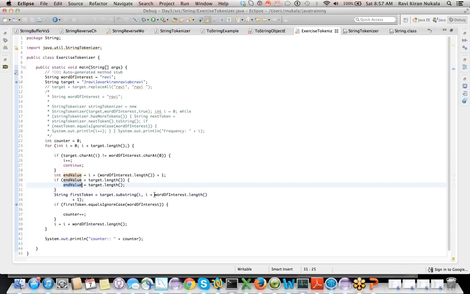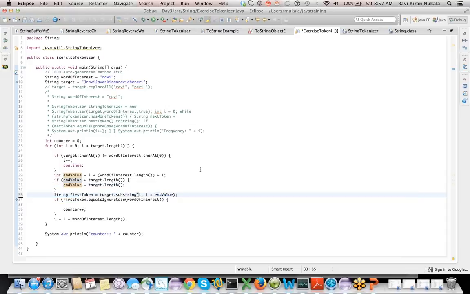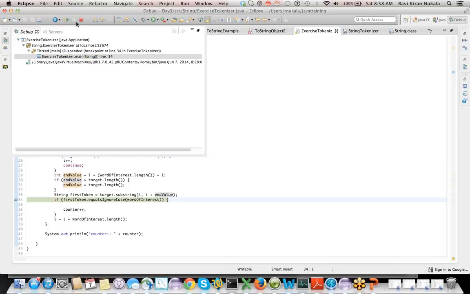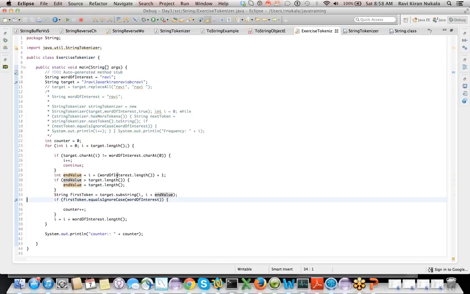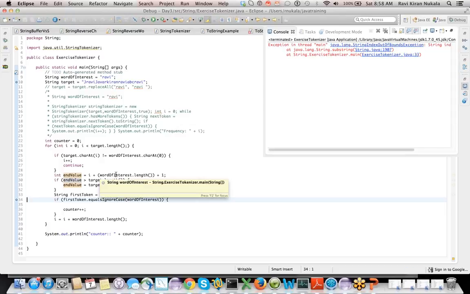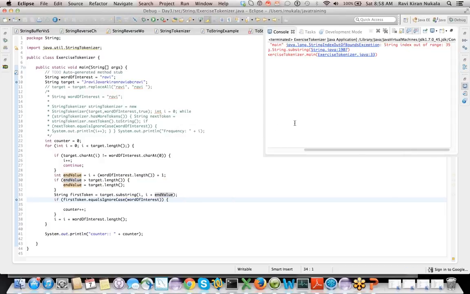So and we always go with the I plus end value. Okay. It is still throwing that error. For what I, it says string tokenizer main has an error in substring. Okay. I shouldn't be doing any I plus, just the end value.